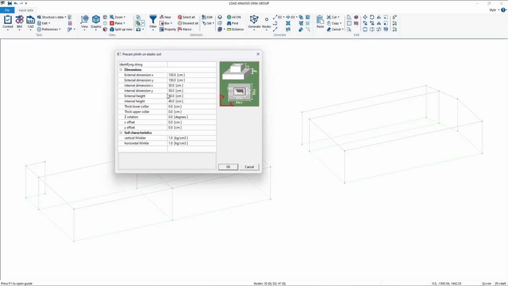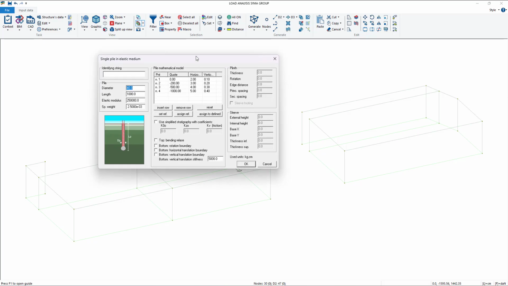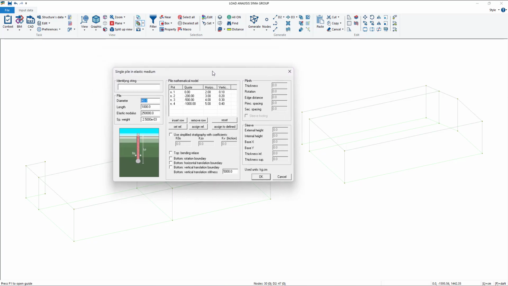For plinths, we just have geometric properties to describe the plinth. Instead, when we're talking about piles, we have more properties other than the geometric ones.